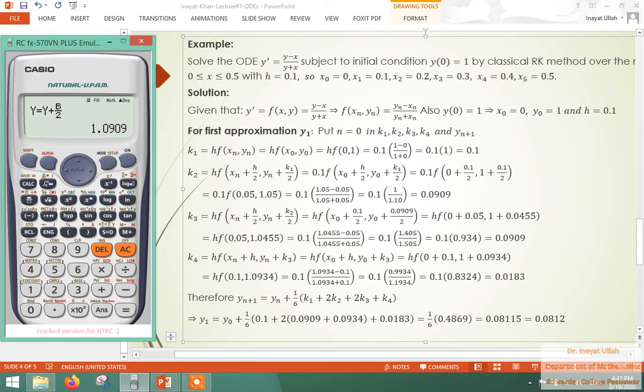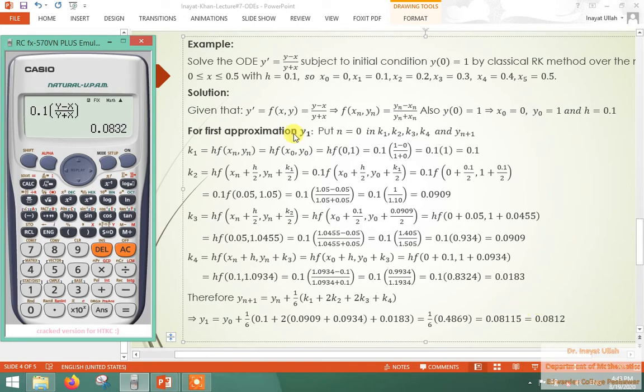And whenever you press this equal sign, it will give you the value of this whole function, and this whole function is actually 0.0832. This mistake is because of this value, so that is 0.0832. This procedure tells us how we could find the value of these k's by using a calculator. Finally, put all these values in this formula and calculate it by calculator to get the first approximation y1,